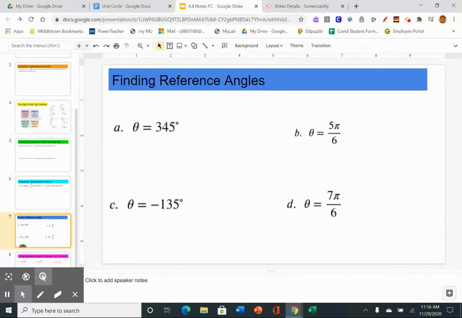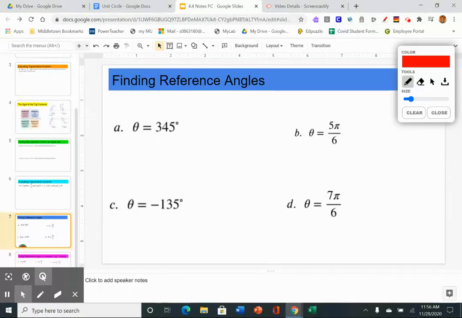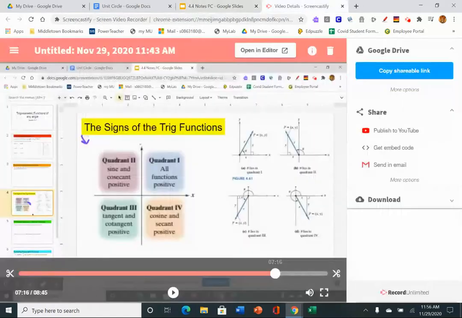All right, so now we are going to talk about reference angles and how to find them. A reference angle is an angle formed. It is a positive acute angle, so you should take these notes. It is a positive acute angle, meaning less than 90. It's a positive acute angle, theta,